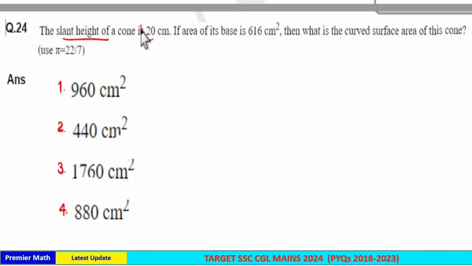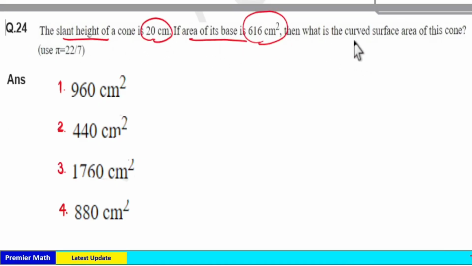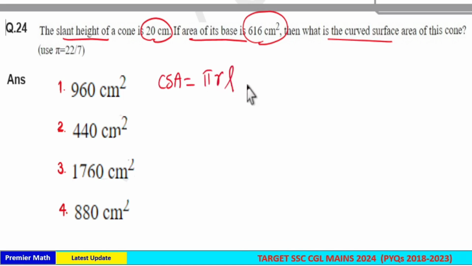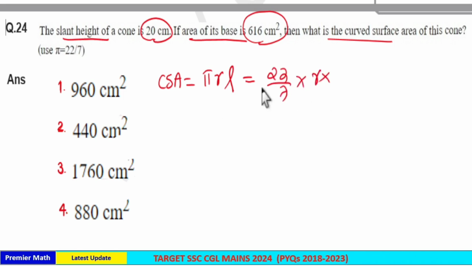Slant height of a cone is 20 cm. If area of its base is 16 cm square, then what is the curved surface area of this cone? Here, curved surface area CSA of cone is equal to pi RL. Here L is slant height, which is 20 cm. So 22 by 7 into R, we have to find, and here L is equal to slant